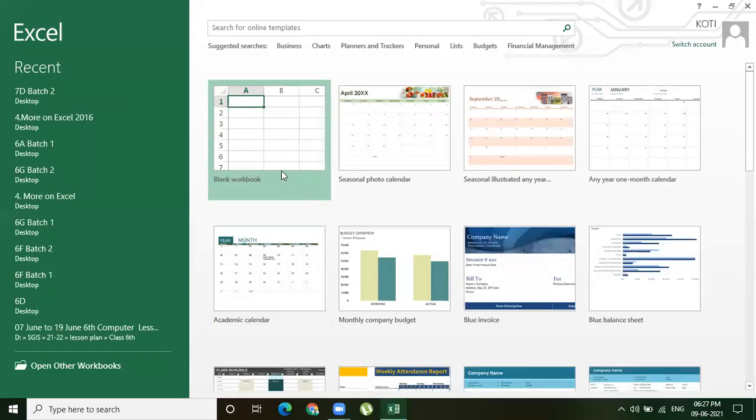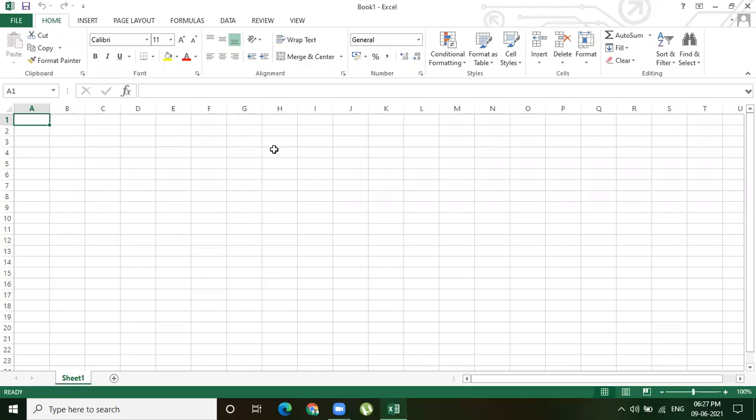As per the textbook, they have given Excel 2016, but on my computer I have the 2013 version. If you have 2007, 2003, 2010 or 2016, any version, you can use it, the process is the same. Just click on the blank workbook. This is the second method to open the Excel application window.